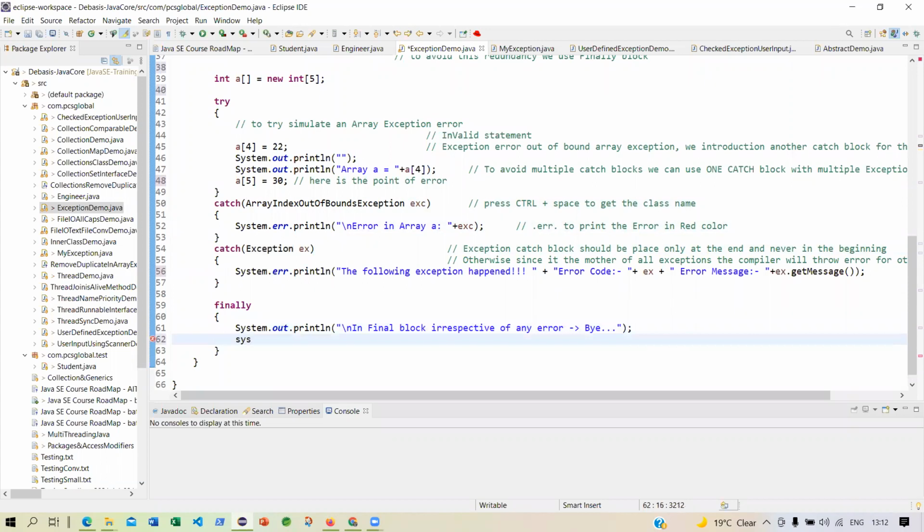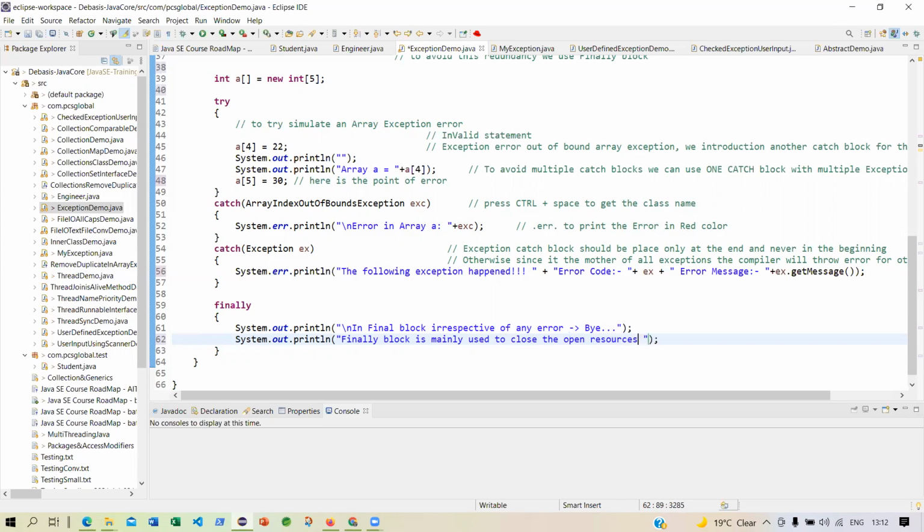I will say sysout, finally block is used to, is mainly used to close the open resources.